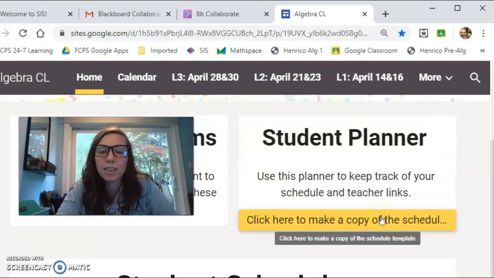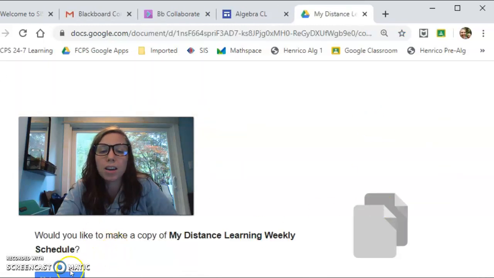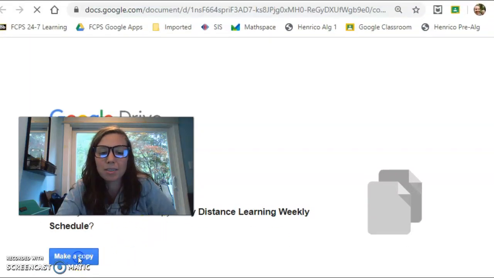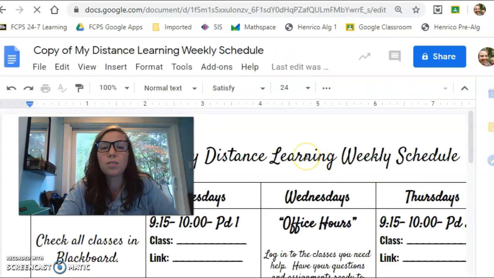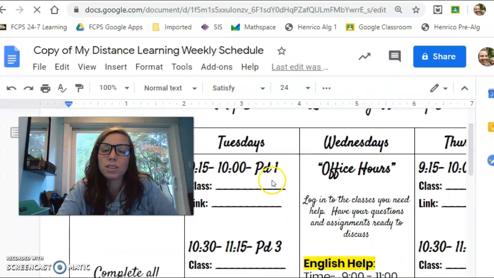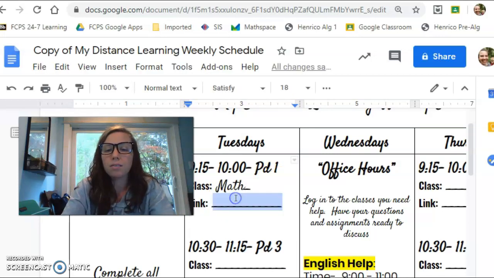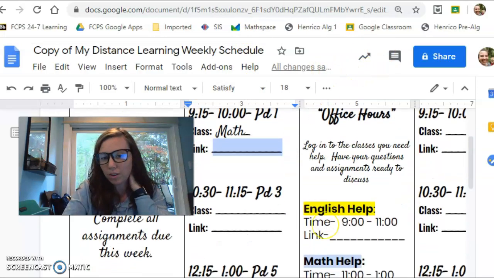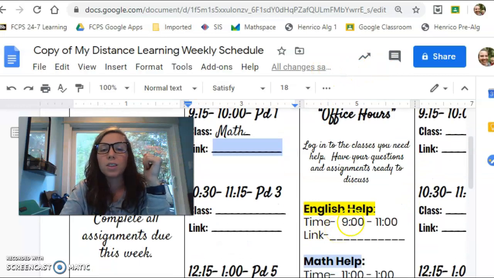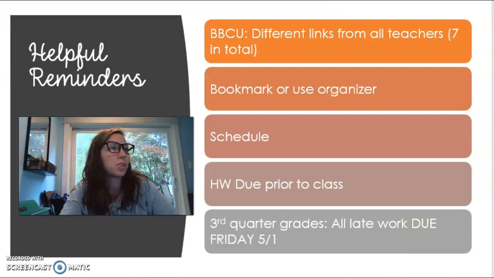There is this link here, and if you hit make a copy of this schedule, it'll save a copy in your Google Drive. You can type in first period, I have math, and copy and paste the link over. You can do that for each one, and it's saved in your Google account, so it's always easy to access, and it doesn't matter what computer or device you're on.